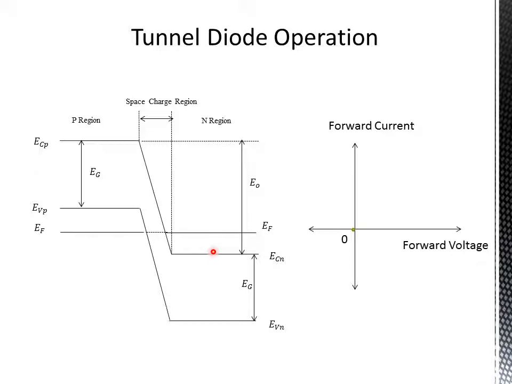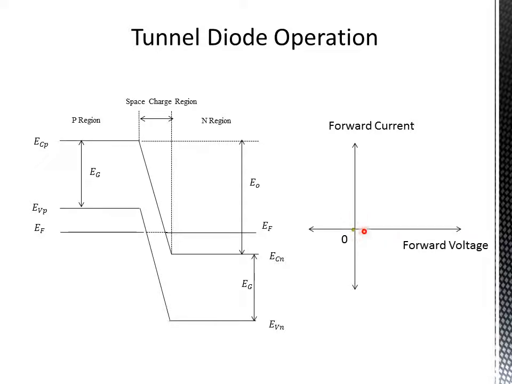So in order to have the tunneling process, in addition to having these heavily doped regions, one more constraint to be satisfied is that there should be filled states on one side and empty states on the other side. Here in this energy band diagram, we have empty states on one side and filled states on the other, but both are not at the same energy level. So that's why there is no tunneling process in this situation. Hence the net resultant tunneling current will be 0 in this situation.